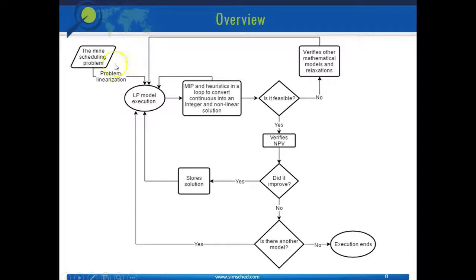So, well, it all starts with the mine scheduling problem, which is linearized so that it can be executed by a linear programming model, which is going to model simpler and easier problems in this procedure. And after that, the solution obtained from that is converted into an integer and nonlinear solution. So the intelligence of the software and heuristics will work on this iterative process, and after that you will obtain a solution, right? That is either maximized, and then it will verify if it is feasible according to the parameters